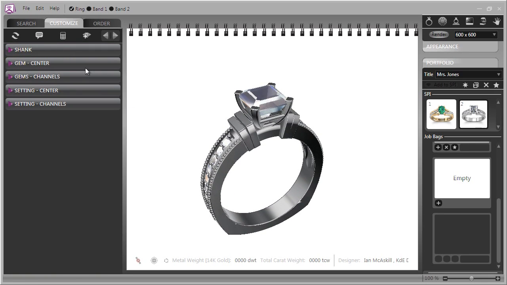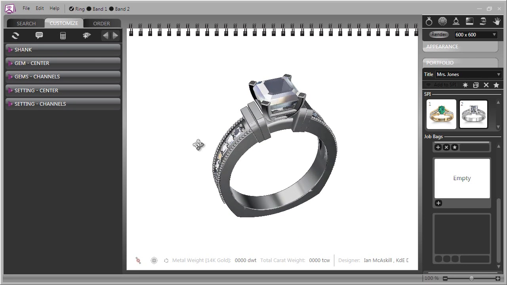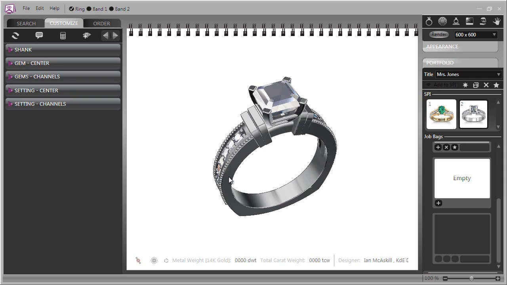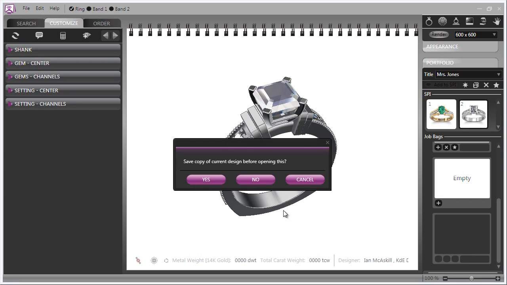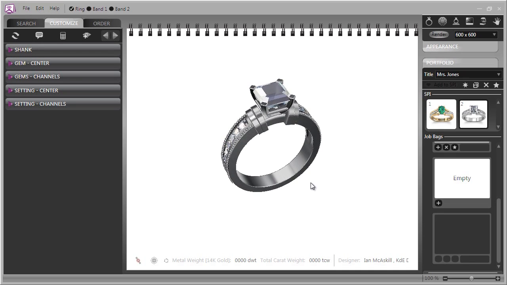If at some stage during the process you find that you have moved the model too far away from where it originally was and you would like to go back to the starting point inventory, all you do is click on this Reset Design arrow, and CounterSketch will ask you if you want to save your work as in a job bag in the portfolio the way it is, or if you want to just continue on. And in this case, we're just going to revert back to the original way the model was presented in the